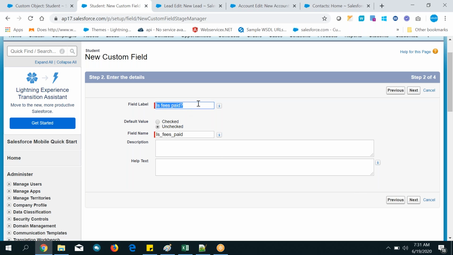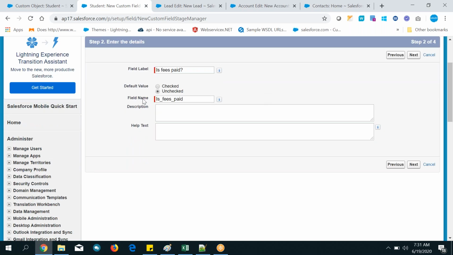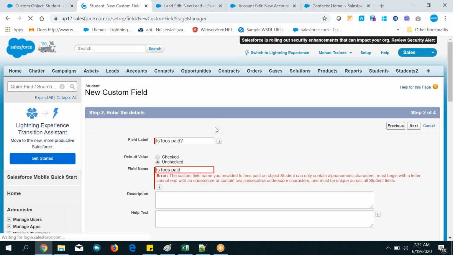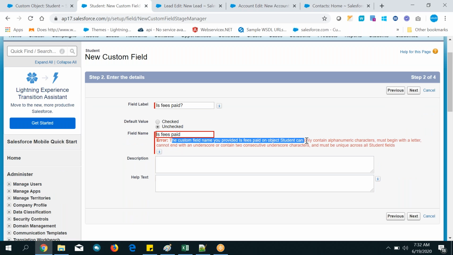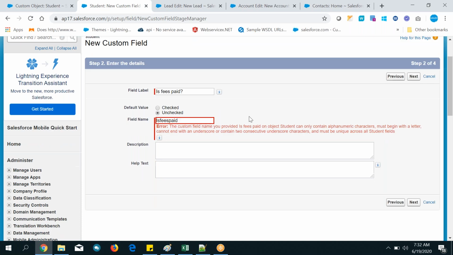Now you can observe the label name, guys. Once you enter the label name, you can observe how the field name is taking it. If you have any gaps in the label name, that is filled by underscore. Remember that, this is done by Salesforce and automatically it will fill. Suppose you leave gaps like this, so check here. The custom field provided should contain no gap like that. The system will not allow you and it will throw an error. So just fill the gaps like this with underscore, or do it like this also, your wish.